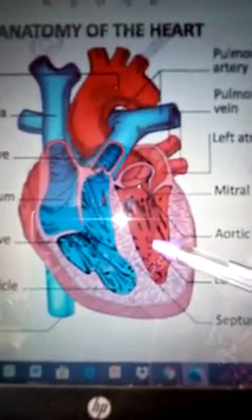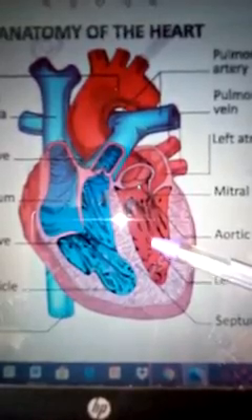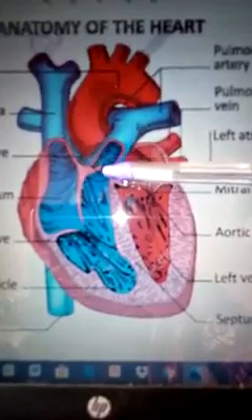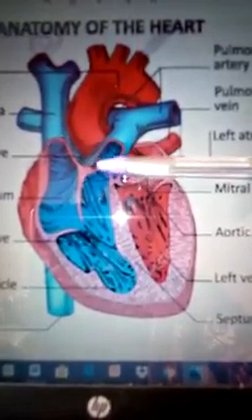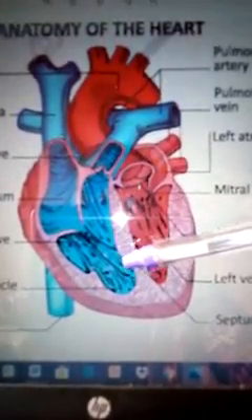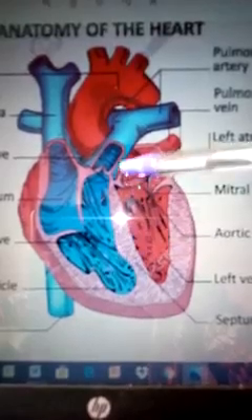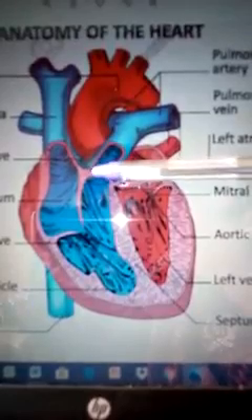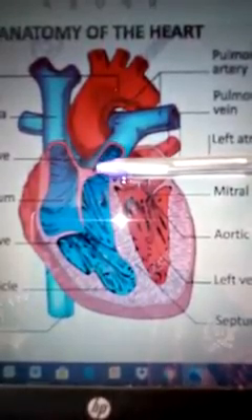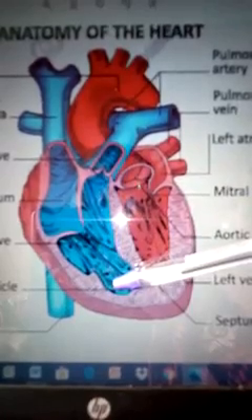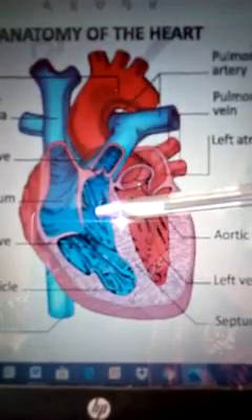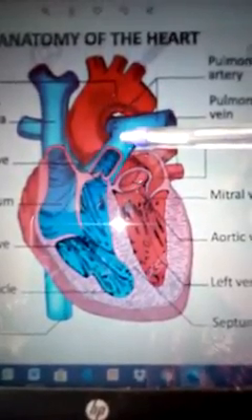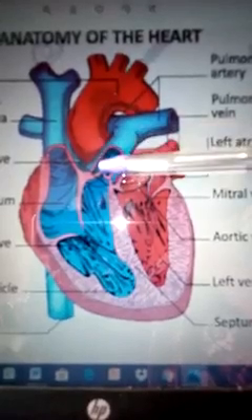Number 3 kind of valve of the heart is the pulmonary valve. We have the pulmonary valve at the junction between the right ventricle and the pulmonary vein. Then also we have it also